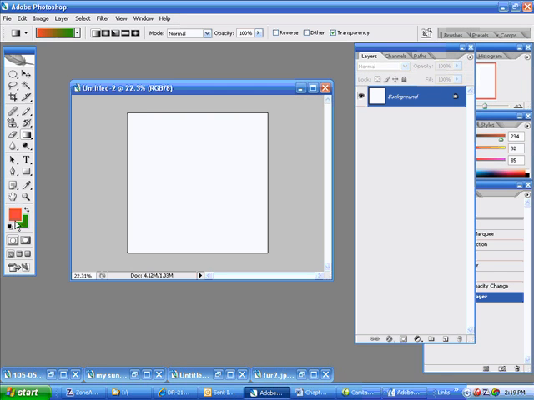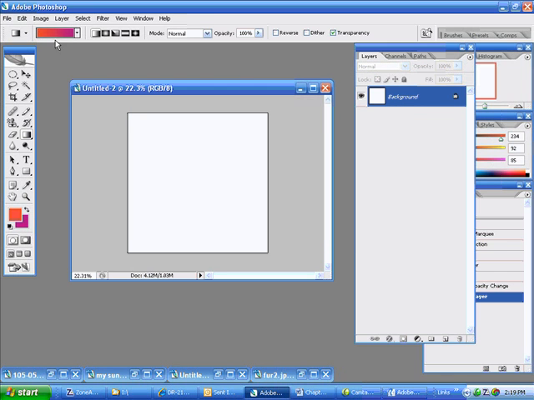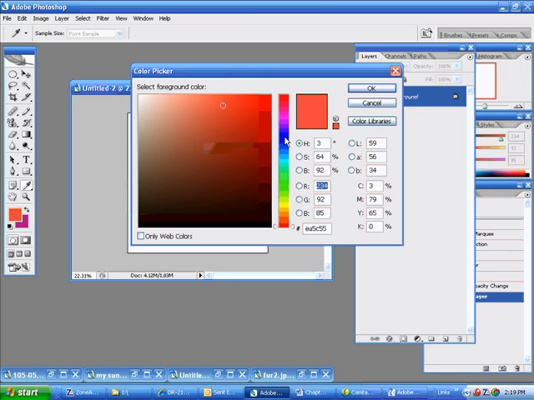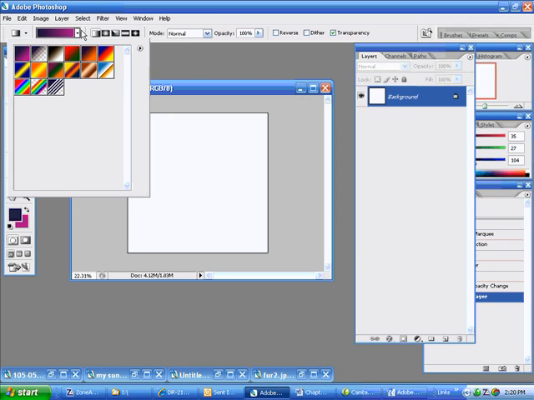Okay, and you can make your own gradient. You can change your colors here, and you can create your own custom colored gradient by going here. These are some gradients that were created. You can change it. See, these were created. So these are in your library for Photoshop. So you can use any of these gradients here, and if you want to change the colors on them, for instance, here's a 3-color gradient,